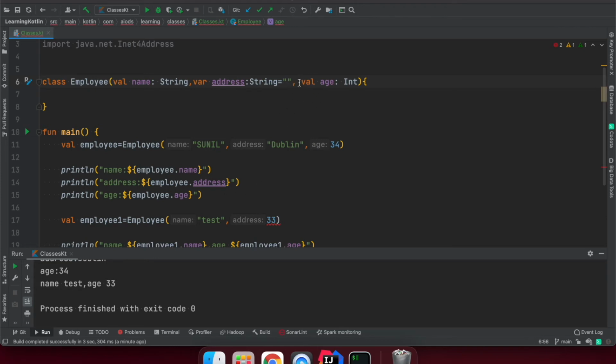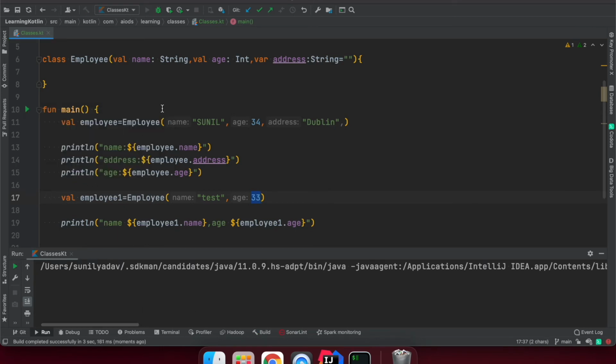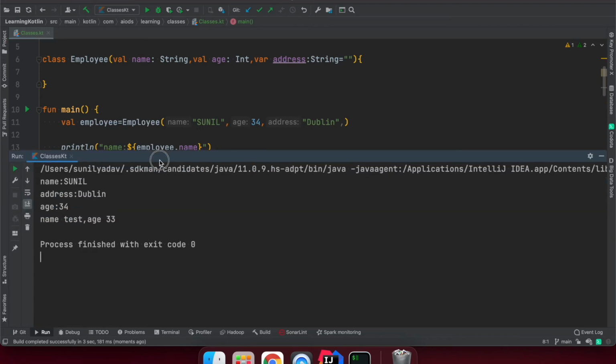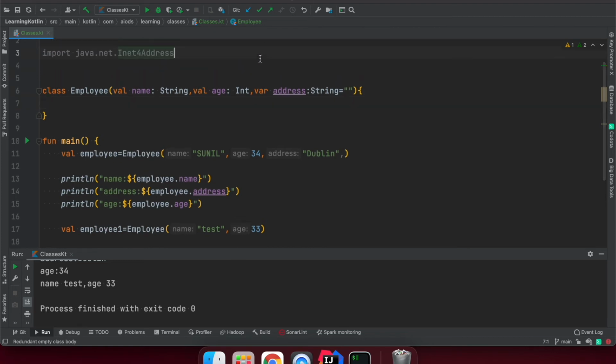Because this is the parameter change, so let me put this one here, and now this moves to this place. All right, and this one here. So now if we run this code, it's giving us the same thing, nothing changed, right? So this way we are doing the same thing, initializing data, and the default value is going to be taken by the constructor. So those are the same thing basically.